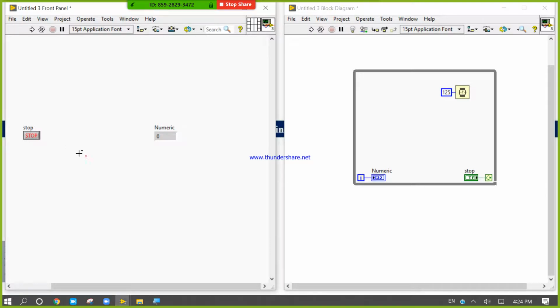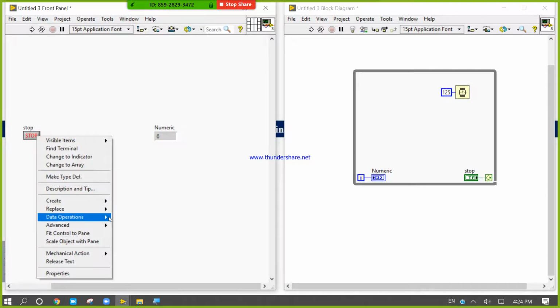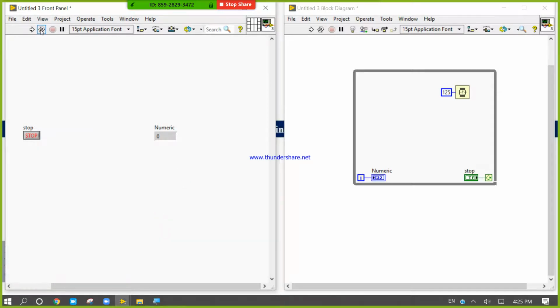If I press the true, right click, initialize, then when I run and press true, it will start to work. So it is just based on the basic concepts.